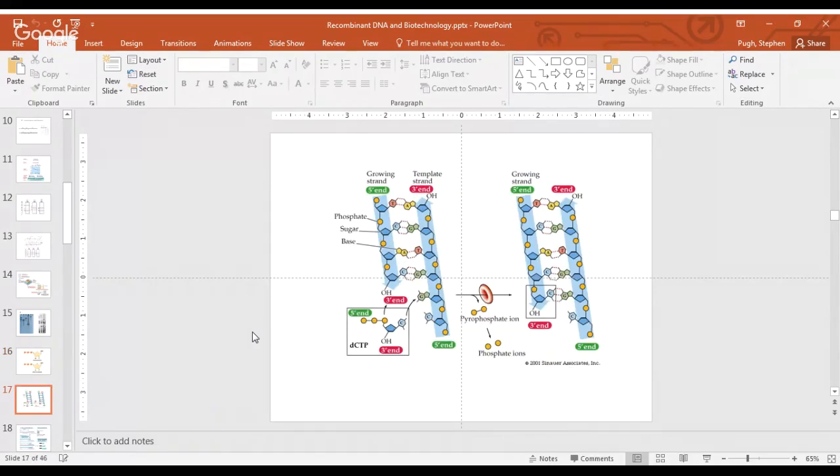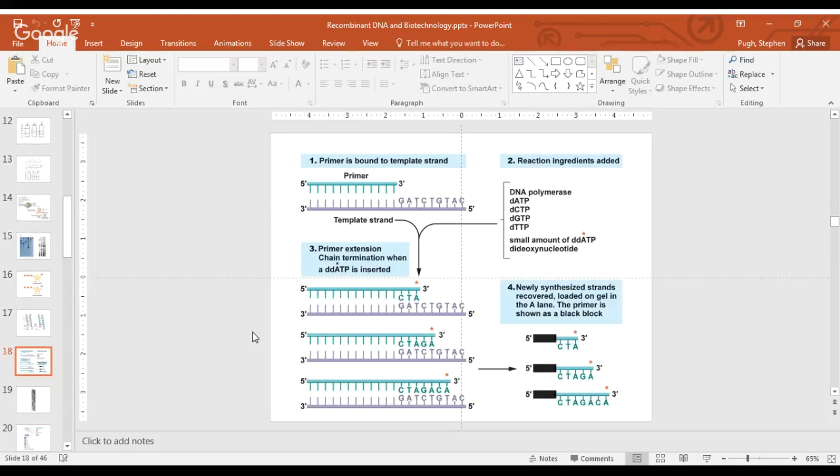Well, you start out with a template strand of DNA and provide all the nucleotides that they need in order to go through the process of DNA replication. And that happens by adding the nucleotide to the 3' end of the growing strand of DNA. So that's the typical process of DNA replication. But if a dideoxynucleotide is included in that mix, then occasionally a dideoxynucleotide is going to be attached instead of the normal